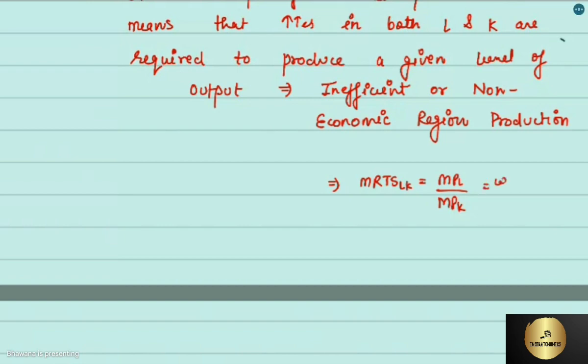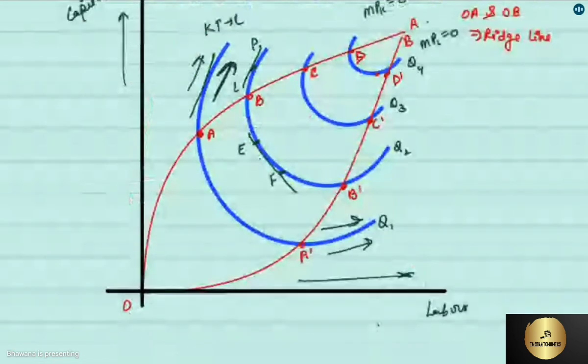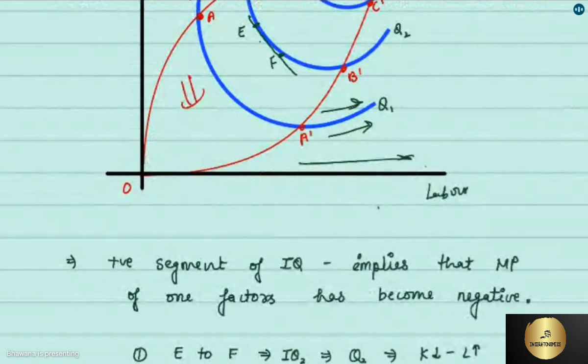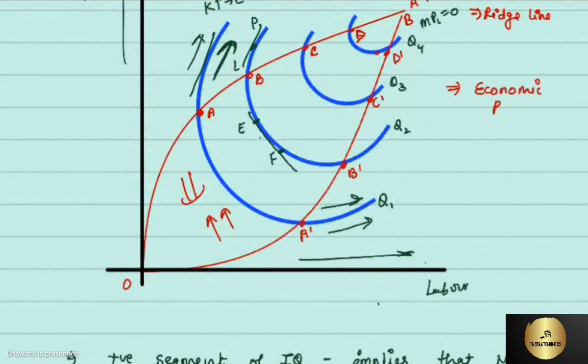Equals W by R, where the producer in the first scenario is maximizing the output for a given cost of production, or you can say a producer is minimizing the cost for a given level of output. So between these ridge lines OA and OB, this area is the economic region of production,